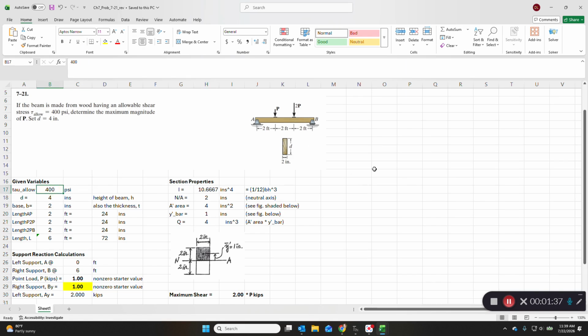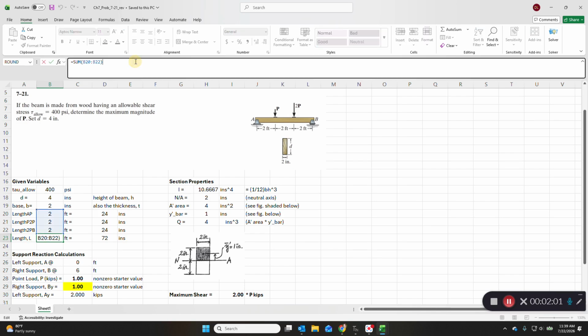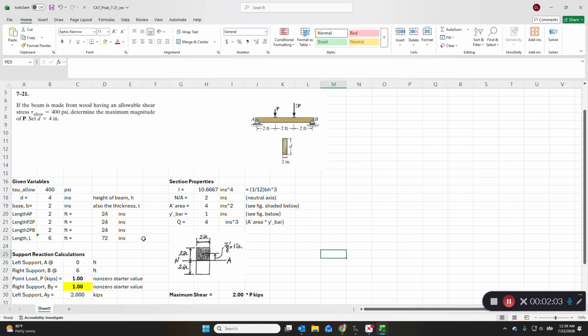So we're going to enter the variables. We put in 400 psi for tau allowable. We have our D, which is the height here, and that's 4 inches depth, I suppose you could call it. And then the base, 2 inches, it's a 2x4. Then each respective length from A to P, P to 2P, and 2P to B is 2 feet. They all add up to 6. So we're just going to sum those three to make this interactive. And we're going to convert all of these to inches,